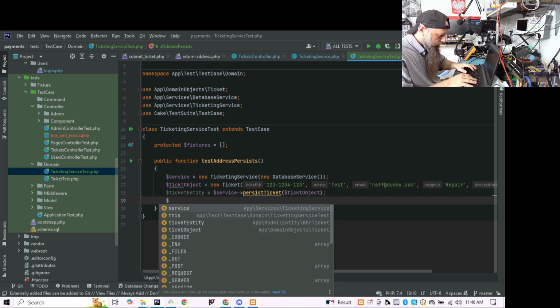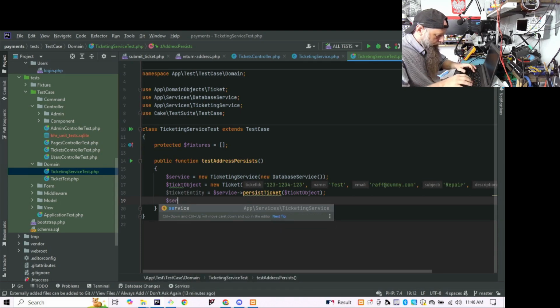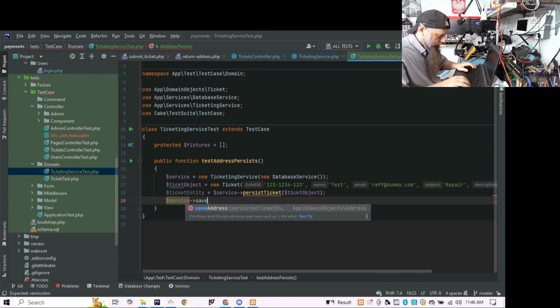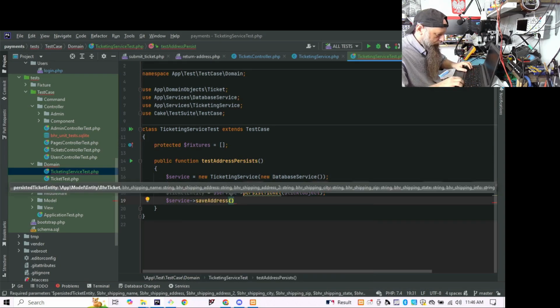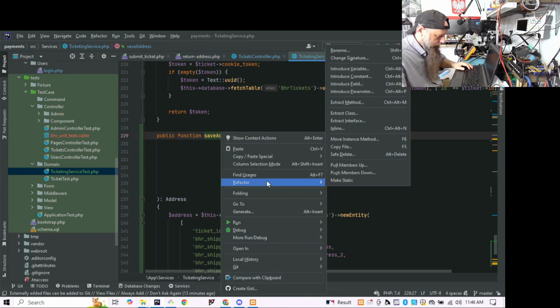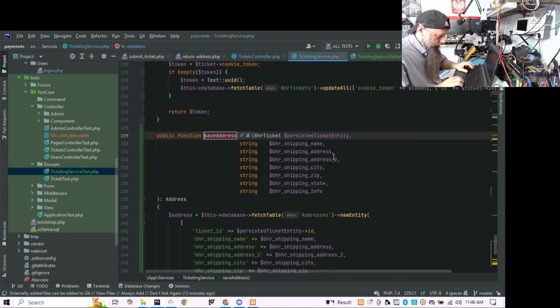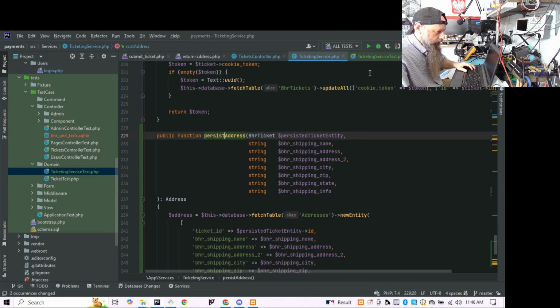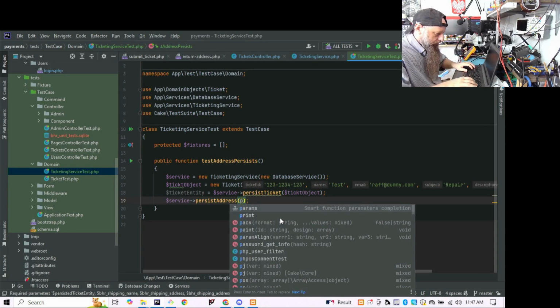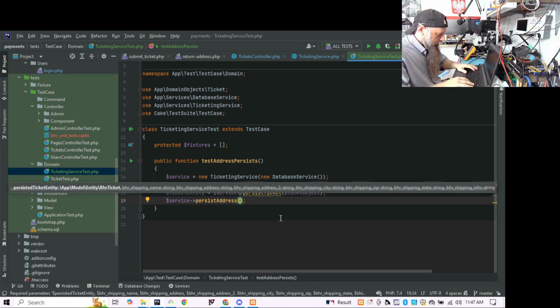Now we want address. So from service, we want to do save address. Yeah, we need to rename that to persist address, because then I'll keep wondering whether it was save or not. Everything that we persist is called persist. Okay, so we want ticket entity,